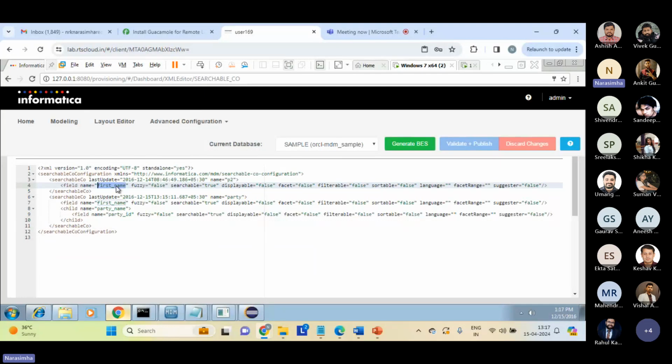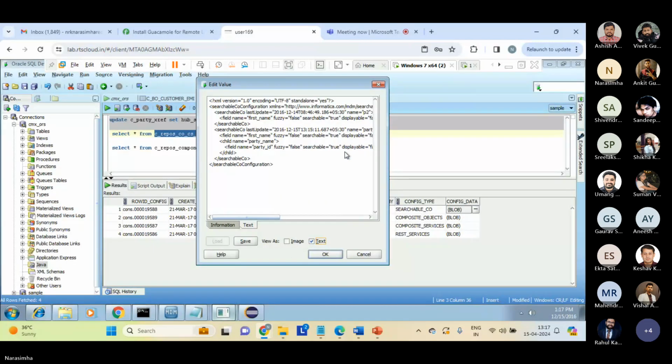Yeah. So, from this name, which is a P2. This is from name, party first name, and also party ID. So the same thing we are able to see in the backend also. Yeah. So see here, party name, party ID. This is from party. From P2, which is the first name, whatever. So which means